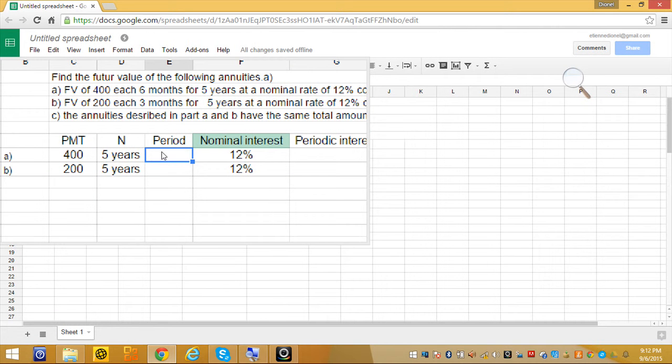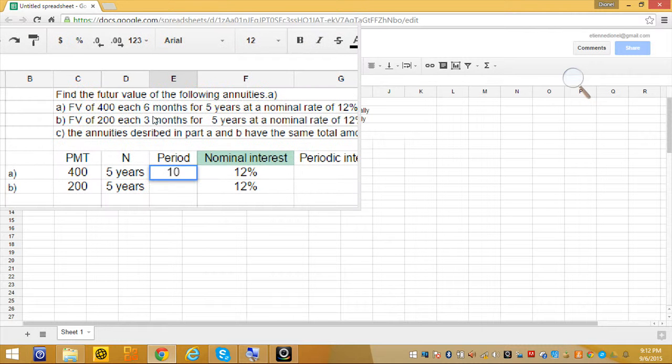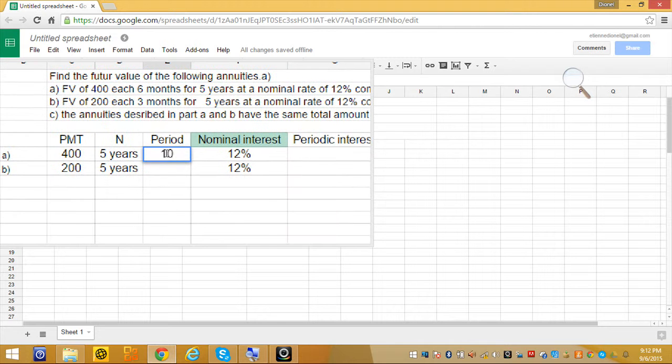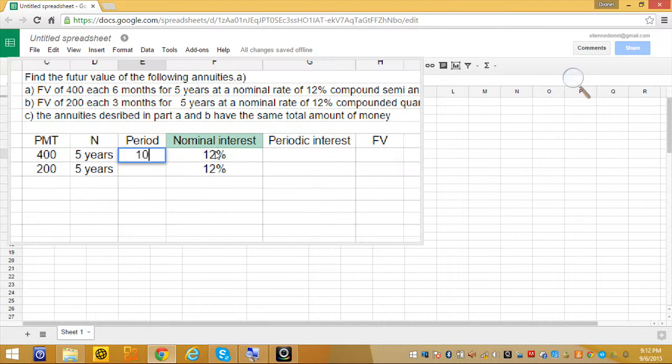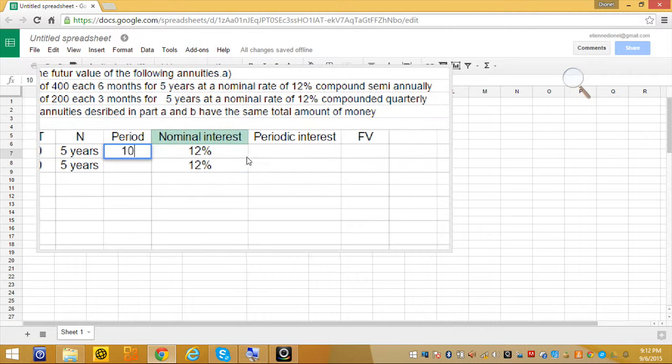So every year you got two periods. So 5 years gonna give you 10 periods, okay? Since it's 400 each 6 months, 1 year you got two periods, 5 years give you 10 periods, okay? But the nominal rate is 12%, okay? So if the nominal rate is 12%,